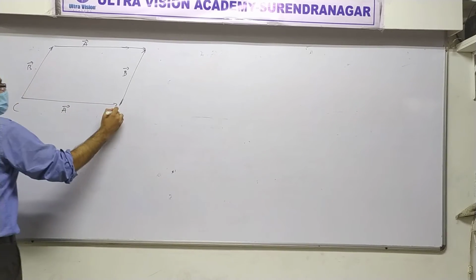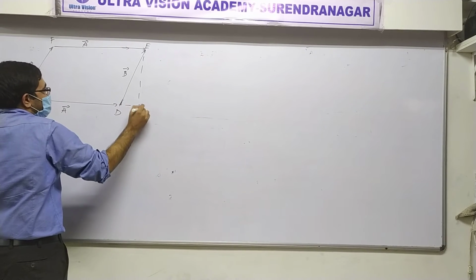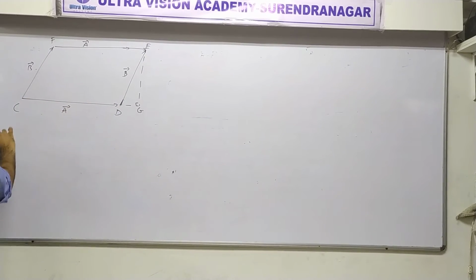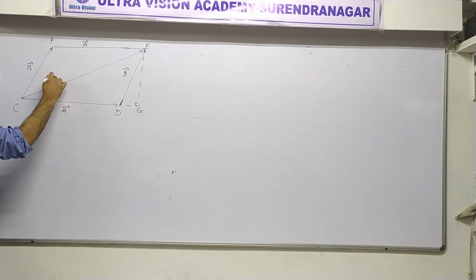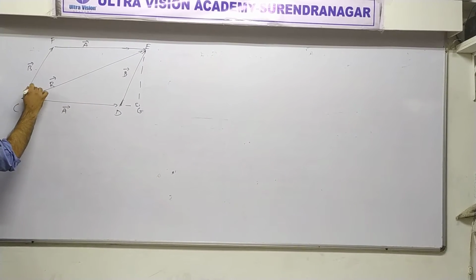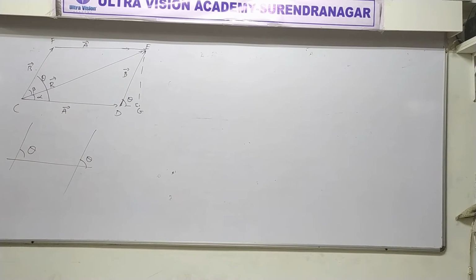So this was C, D, E, F, G. Alright. So I told you that this is R vector. Correct or not? Yes. Parallelogram law of addition. This angle is alpha, this angle is beta. And the whole angle between A vector and B vector, let's call it theta. So I told you that if you have parallel lines, exactly as you know. Is this clear? Yes. Fine. So this is where we were, right?